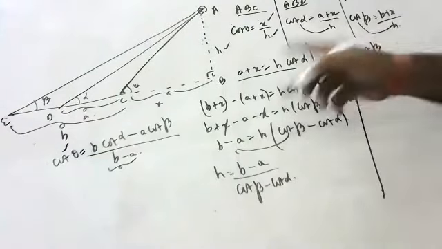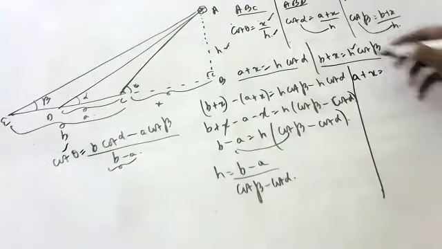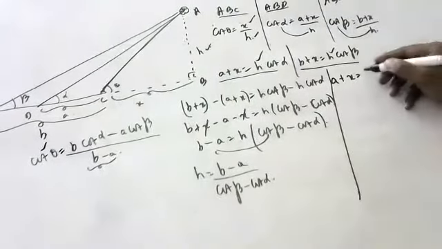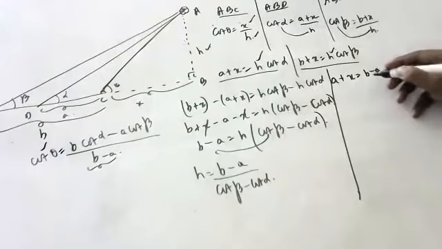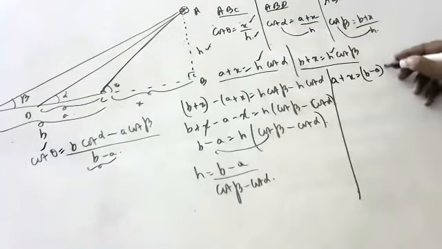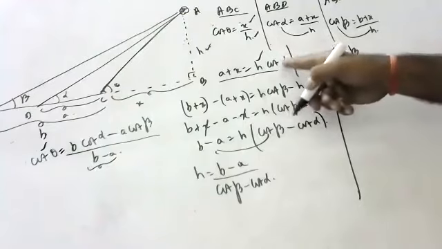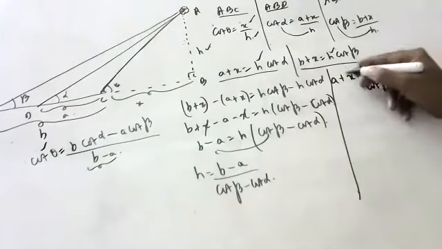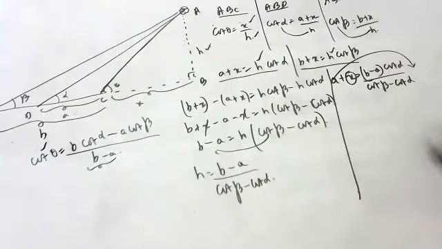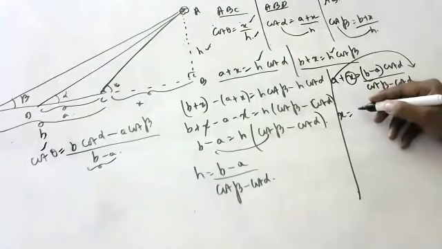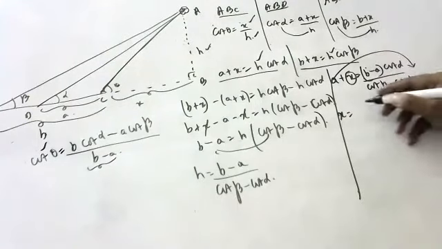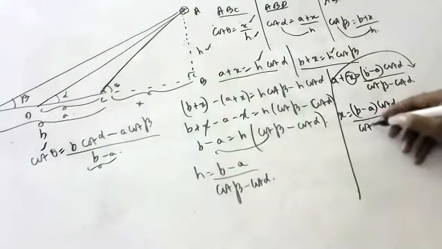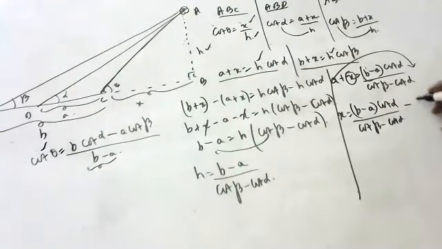First equation. A plus H cot B minus A by cot beta, into B minus A into cot alpha by cot alpha, cot beta minus cot alpha. We want X, no? Bring A here. X equals B minus A cot alpha by cot beta minus cot alpha minus